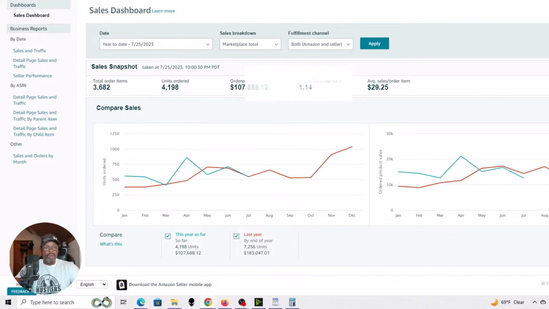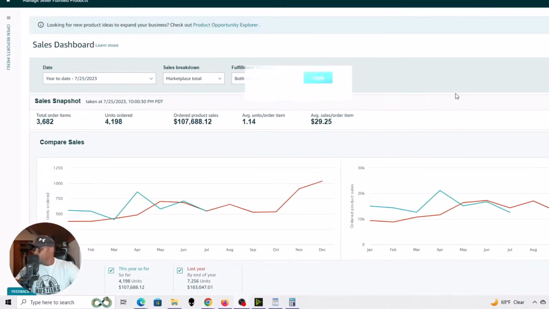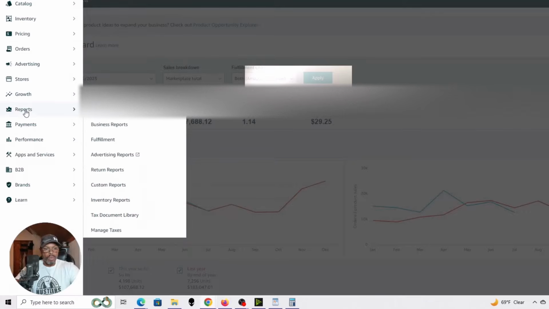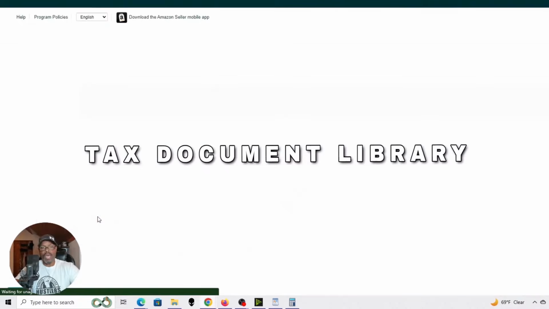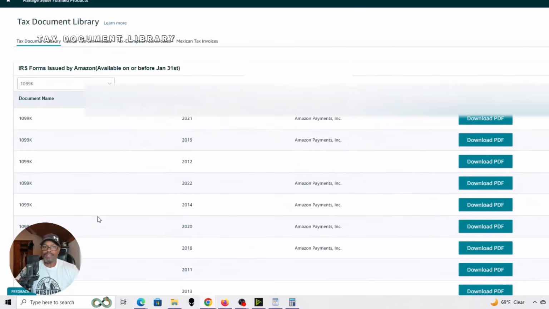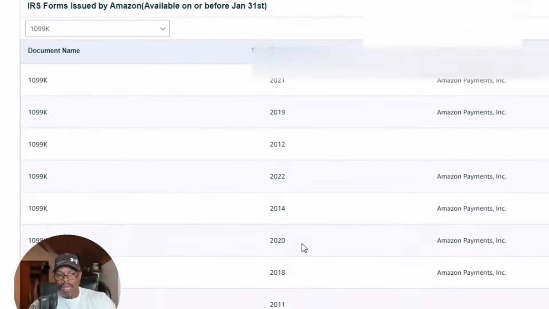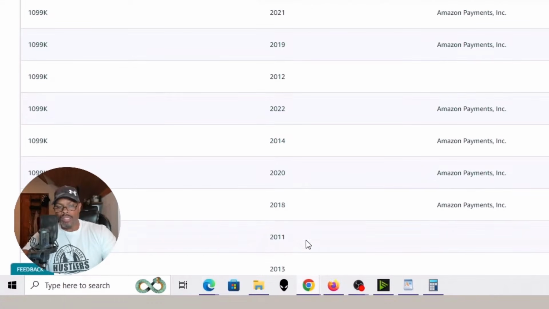Now what we're going to do is go in and watch what happens. We're going to open up reports, and we're going to come down into our tax document library. Again, guys, that's very important, because a lot of people are going to want to show you numbers. Ask yourself, because this is a real business. Any real business, that platform is going to have to provide you with a 1099. When you look through my library of 1099s, you're going all the way back to 2011. And that's only because that's as far back as they will go. I go back further than that.